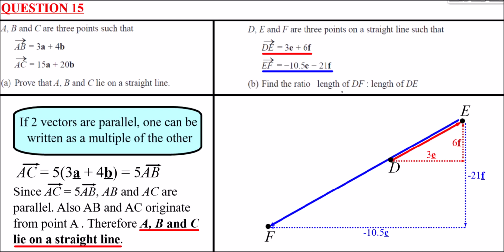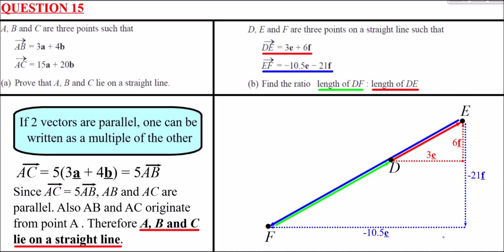We need to find the ratio of the length of DF to the length of DE. Now, length can only be a positive thing. You can't have a negative length. You can't be minus 5'10", for example. So we just need to think about the size of from E to F. So what we're going to do here is imagine the distance from F to D. So if I just draw in from F to D in green, and then we can think of the ratio of the green to the red,